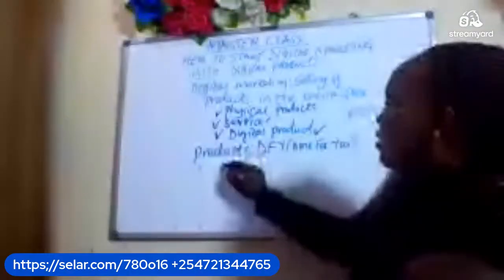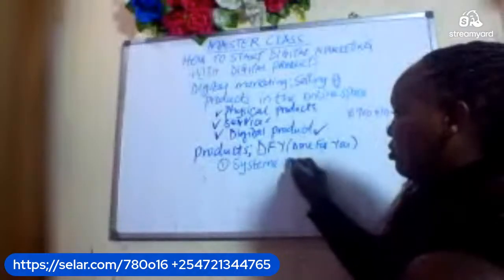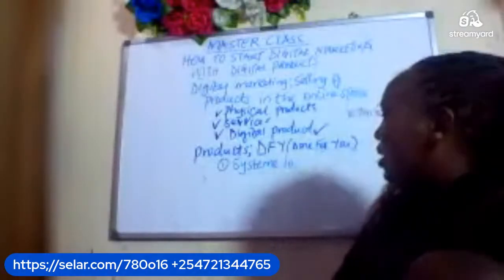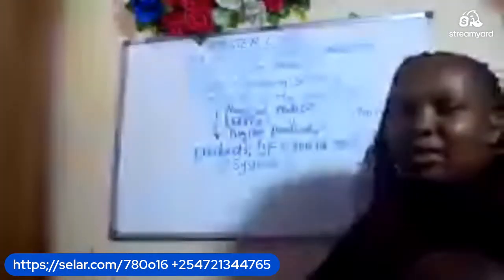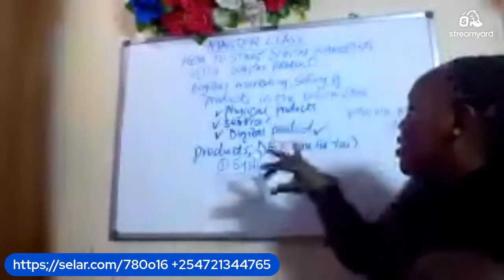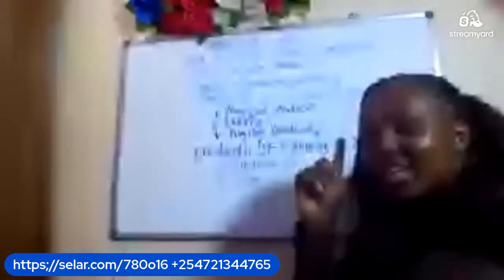So Moya, I know you are conversant with System.io. I also use it. System.io is one simple online store. It allows you to have a website. It allows you to price the product. People can see it and they can pay. They can make the payment there. That is System.io. There's another one called Seller. Seller also allows you to do all those things. People can access your product through a link. They are able to see whether it can solve the problem, and then the next thing they make payment just there. If you visit that link above there, you will see that.